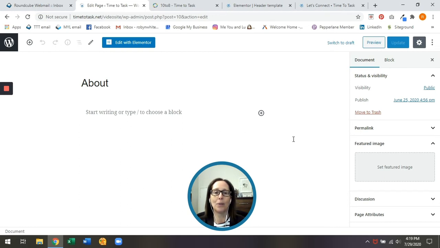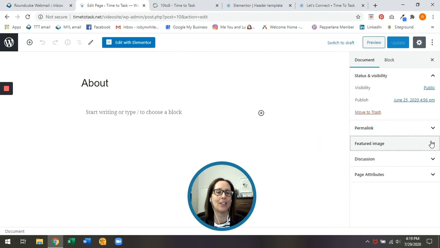And what I'm going to do here is actually focus on this area at the right. And there's a whole bunch of information here that we'll go over at a different time. But for today, what I'd like to focus on is featured image. And you can see, you can click on that arrow to show the image, click it up if you want it to be smaller. But we're gonna click down on it, and we're gonna click on the box that says